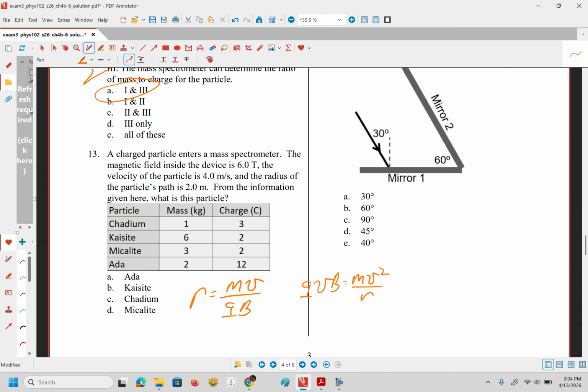So I want to figure out what m over q is. I'll solve this for m over q. The mass to charge ratio is going to be rB over v. R is 2 times 6 divided by 4. These aren't realistic numbers. I just made them easy to calculate more easily. That's 12 divided by 4, which is equal to 3. So you have a mass to charge ratio of 3. This is a mass charge ratio of 1 to 3, 6 to 2. Oops, that is 3. This would be 3 to 2 or 1.5, and 2 to 12 or 1 over 6. But the answer is